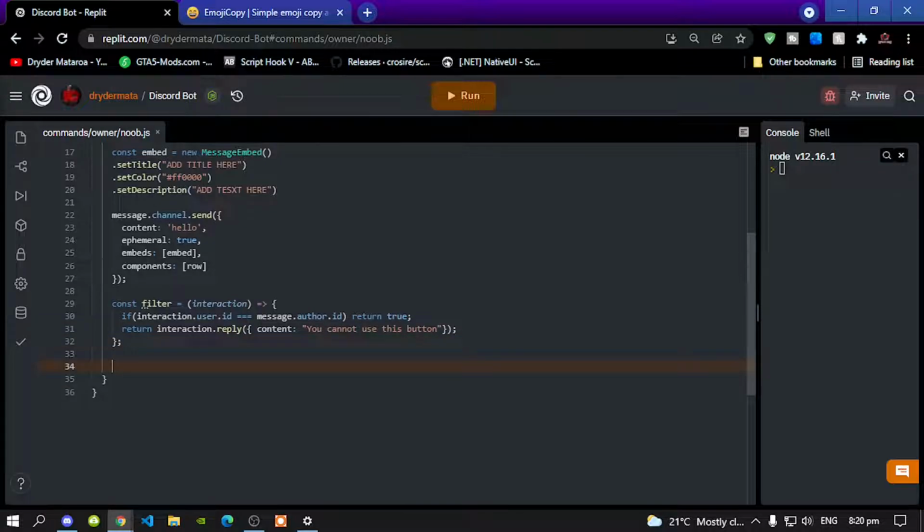So to define the collector, we need to do const collector equals message dot channel dot create message component collector. Now make sure that it's all in one line, and then now we need to add the filter,